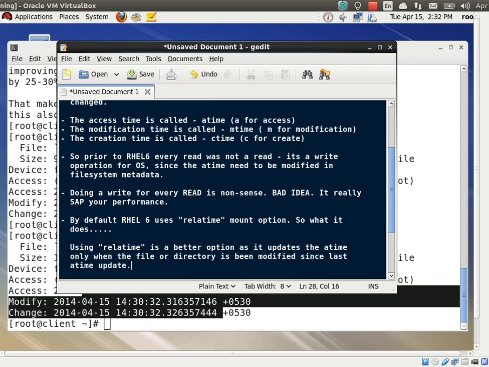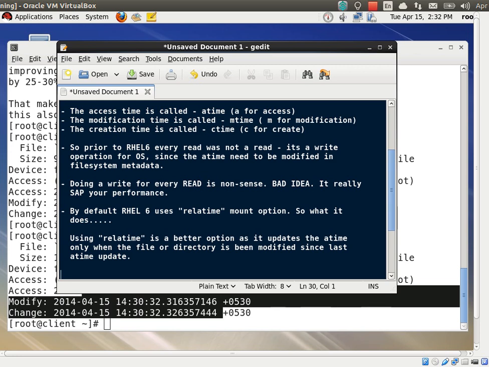So that means when you are reading the file now, only reading it, not modifying it, there will be no write job on the file system metadata,